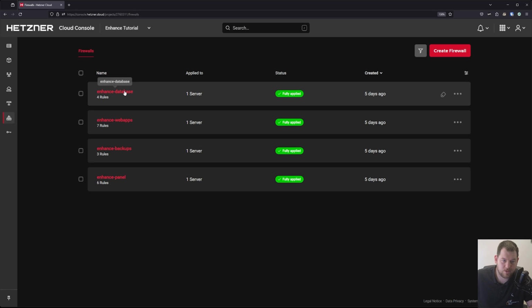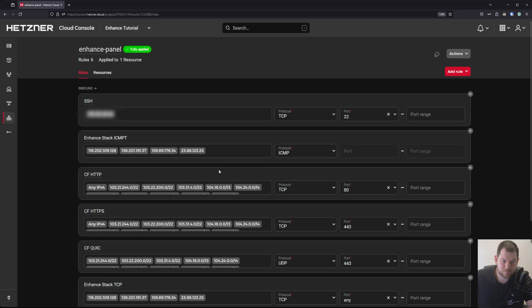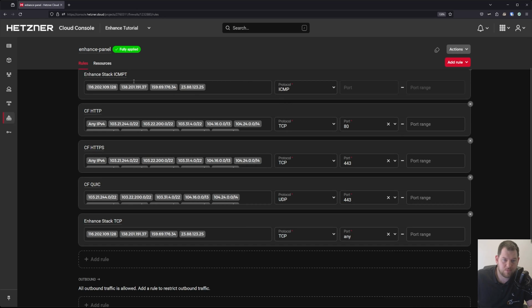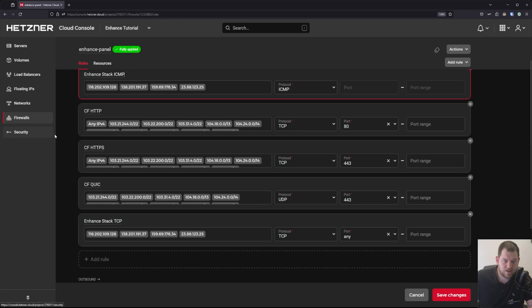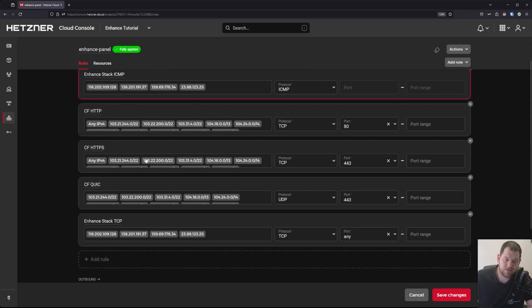And as you can see, we have a firewall for the database, a firewall for web applications, for backups, and also the Enhance panel. So let's start with the Enhance panel. The first port that we need to open, as you can see, is SSH. Also, we open the ICMP ports for latency checking between the servers. And we open ports 80, 443, and also for the QUIC protocol. And we whitelist only the Cloudflare IPs because we don't need